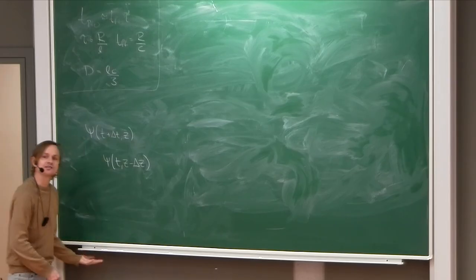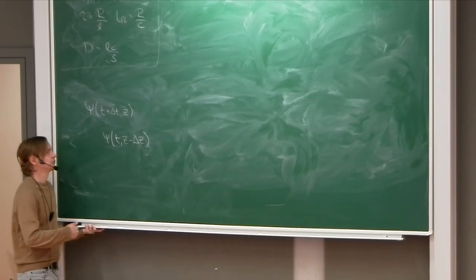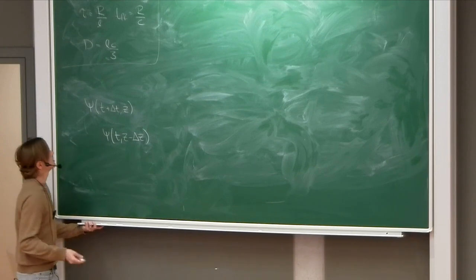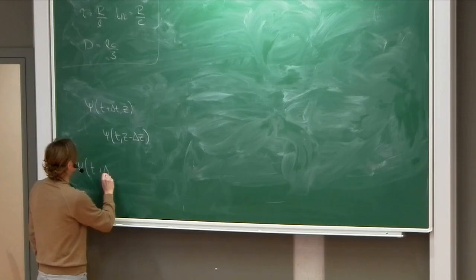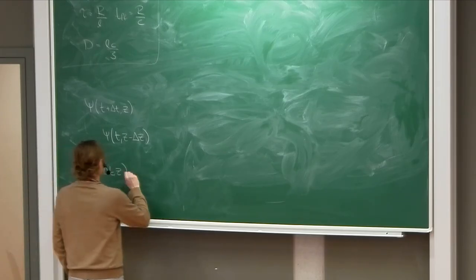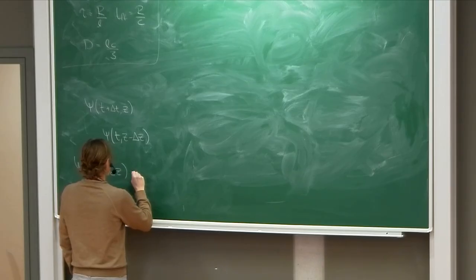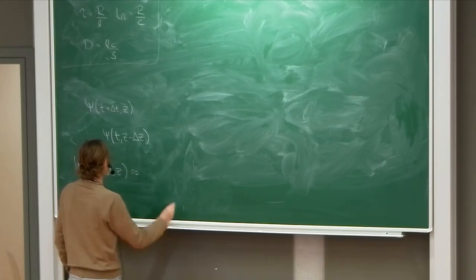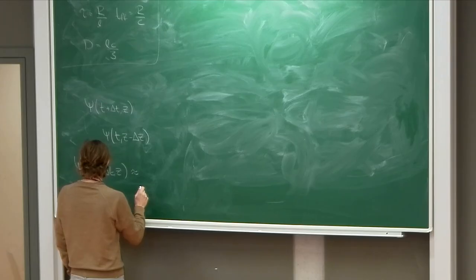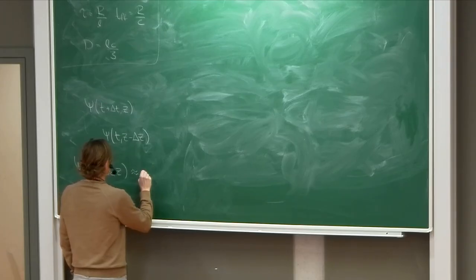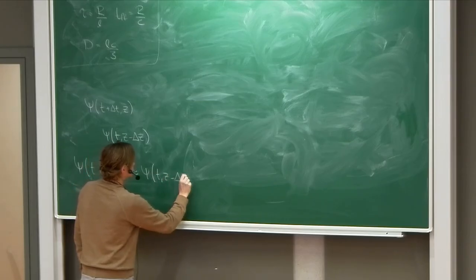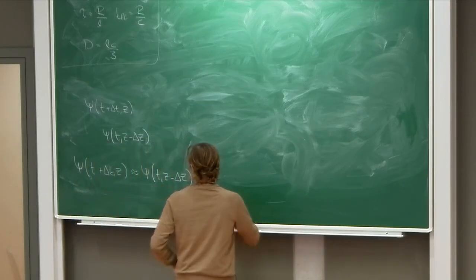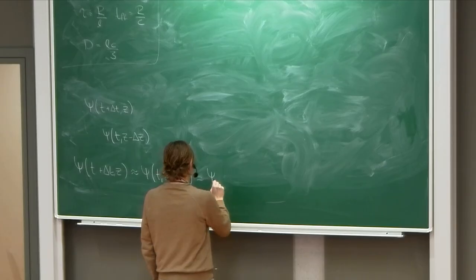Again, this is a prerequisite for the diffusion to be valid. So then we can actually write this, phi at t plus delta t, z, as approximately phi at t, z minus delta z. It is not exchanged. And then we can Taylor expand this